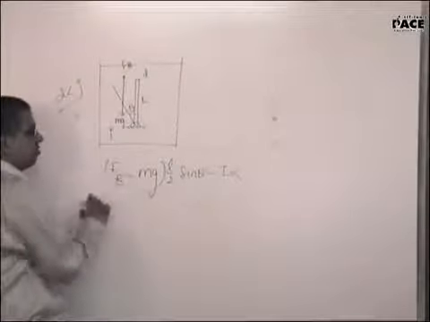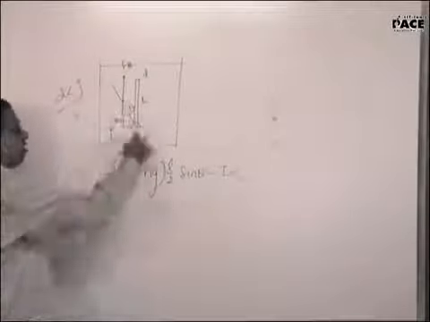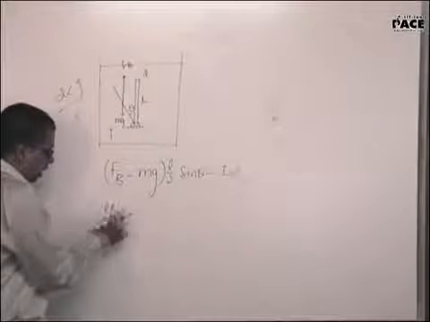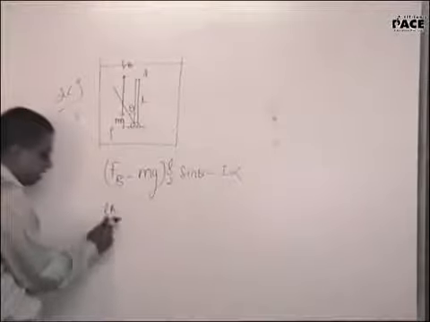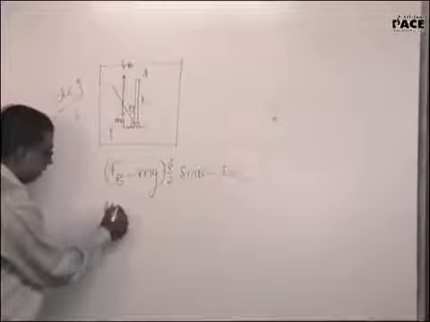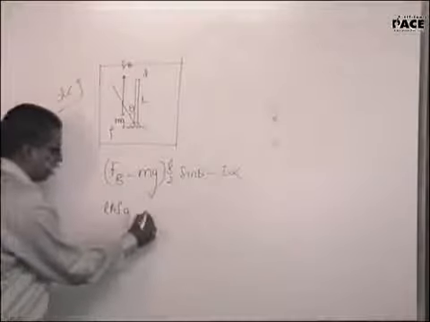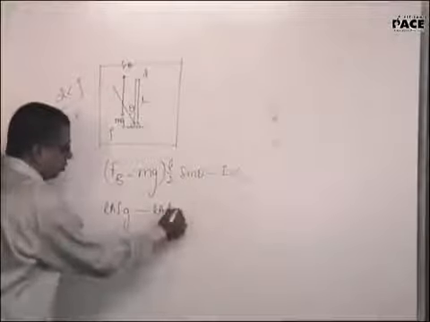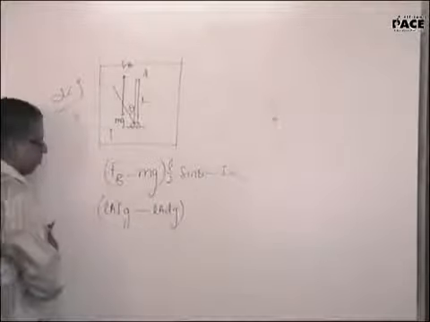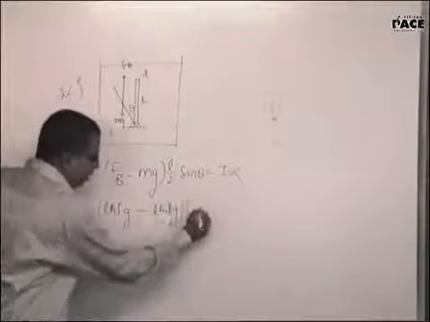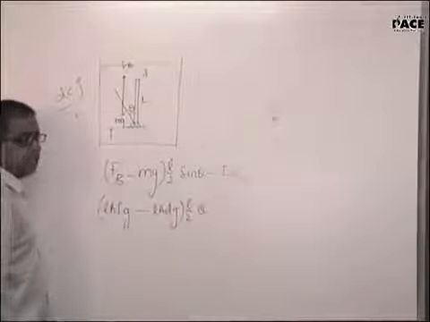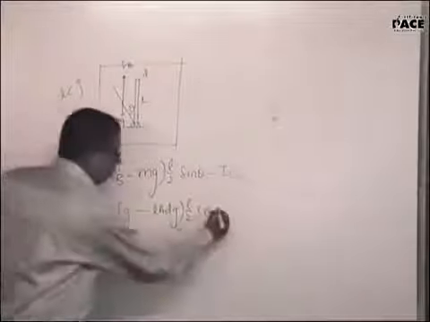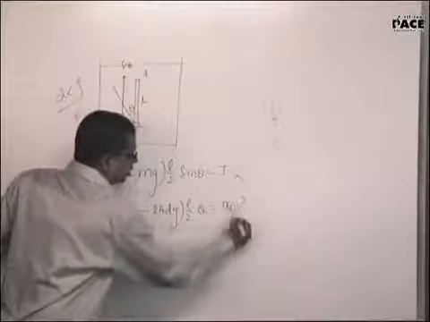What will the buoyancy be equal to? He didn't give you the area of cross section of the rod. Buoyancy will be equal to L into A, the volume of the liquid displaced, assuming A to be the area of cross section, into the density of the liquid into g, minus the weight, which will be L into A into the density of the body into g, into L by 2 into theta. I replace sin theta with theta. This will be equal to mL square by 3 into alpha.